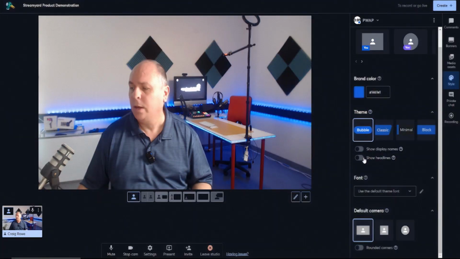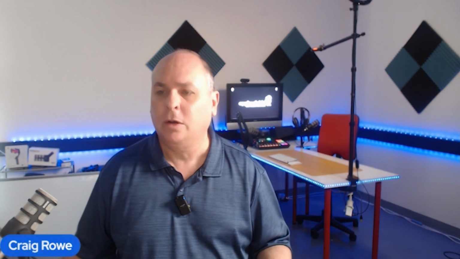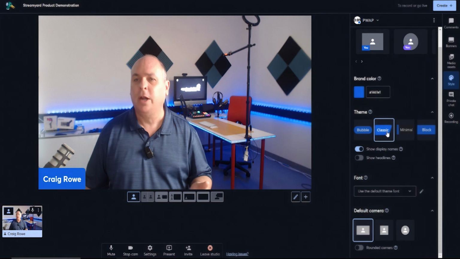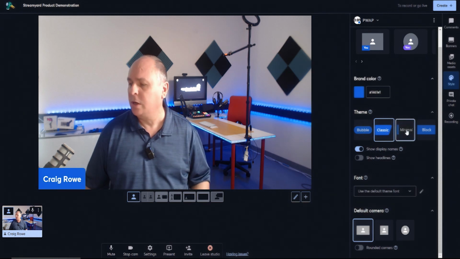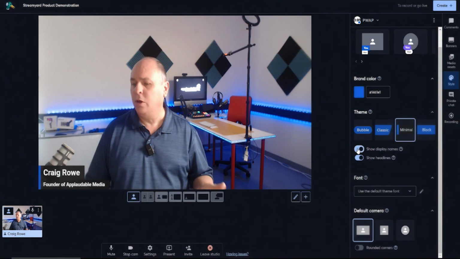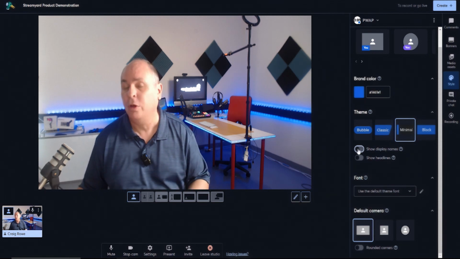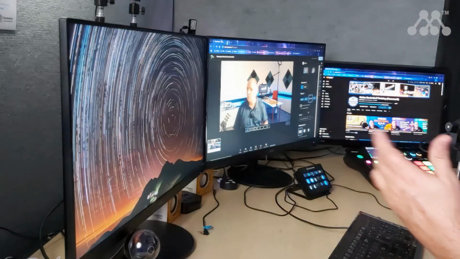Then you have your theme itself, which is how things are going to appear on screen when guests and things come in, whether you want to show their title or headline, and also if you want to change how that looks on screen. You can see I'm just clicking through these, minimal, and then you have block as well. I prefer the minimal layout, and again, if you choose to show headline, that's up to you, but basically I prefer to turn that off. But it's an easy way to create a bit of a lower third when someone comes into the stream or